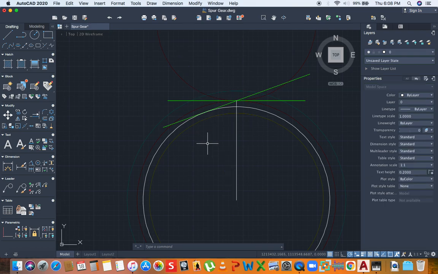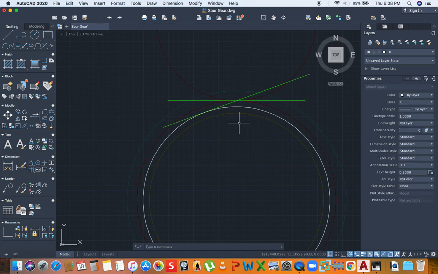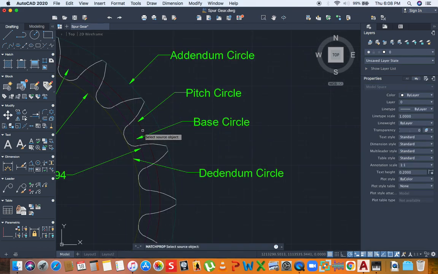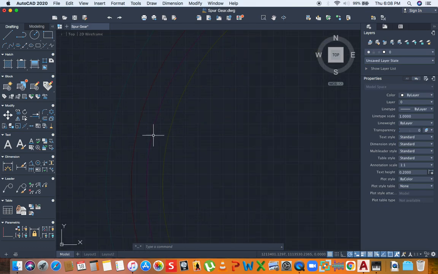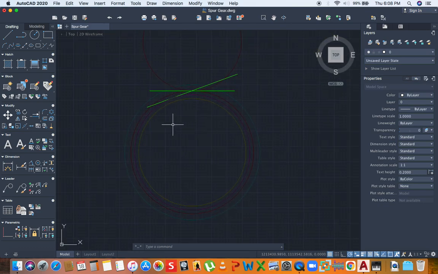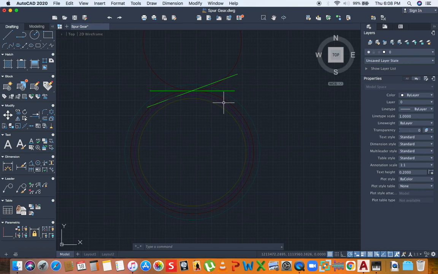I can easily get it back. I'm going to also leave this line. All right. I'm probably able to delete it at the moment. So I'm going to indicate the base circle. My base circle is in this purplish color. All right. Now that we have the base line or the base circle, we can now